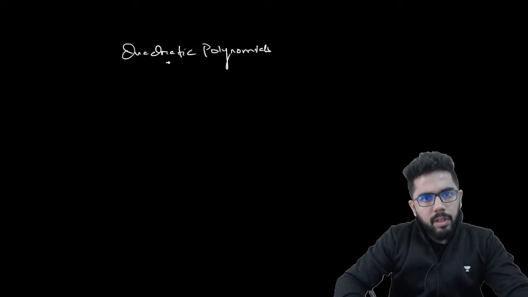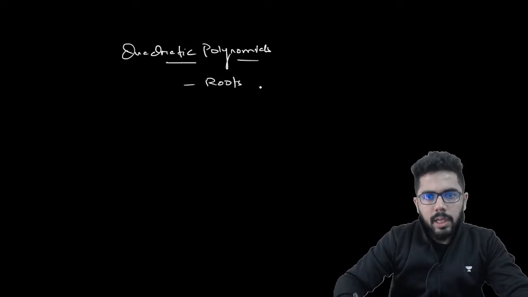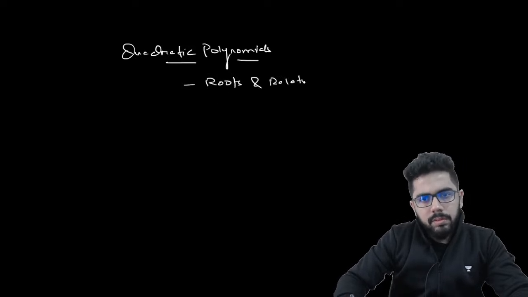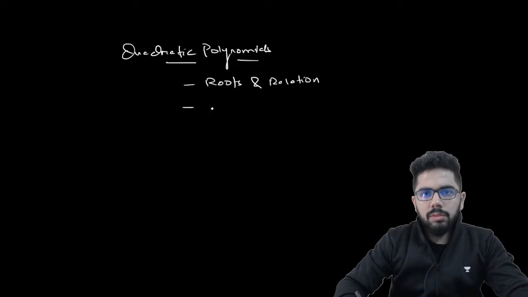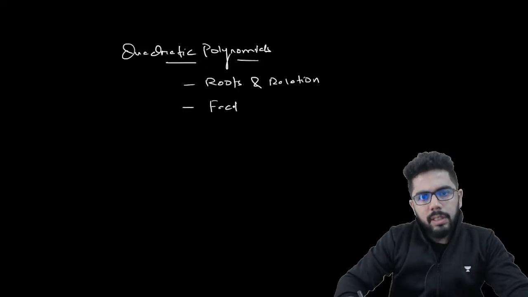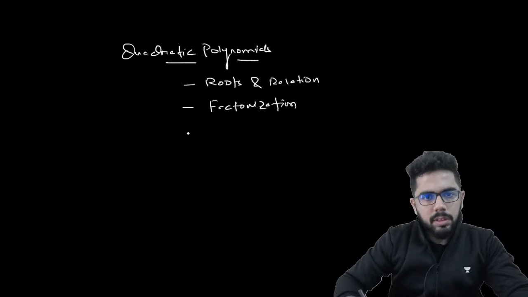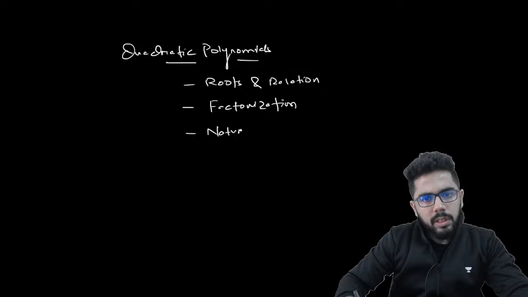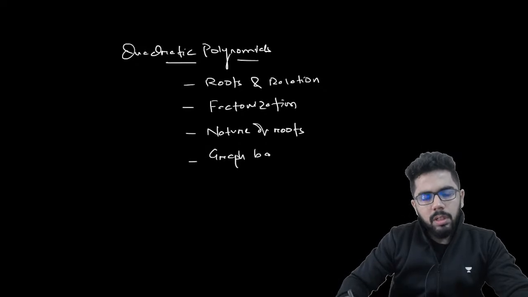तो when you are studying quadratic polynomials, CAT में तो already ये तुम लोग पढ़े होगे quadratic polynomials, but first roots कैसे निकालते हैं, roots and relation, you have to know this, how to find the roots, and then factorization, because factorization को लेके बहुत से questions आते हैं quadratic polynomials में। Nature of roots, discriminant and all, उसको लेके questions आते हैं, nature of roots, ठीक है। Graph based questions on a quadratic polynomial, graph based questions, and then maximum minima।